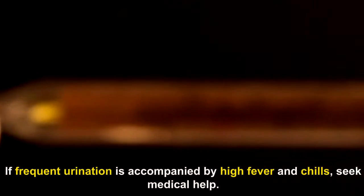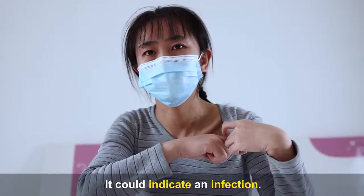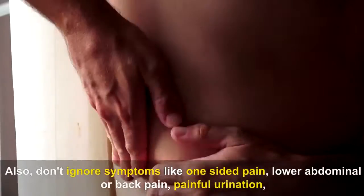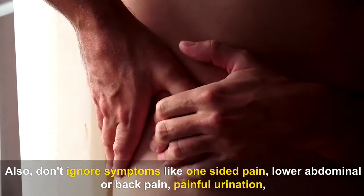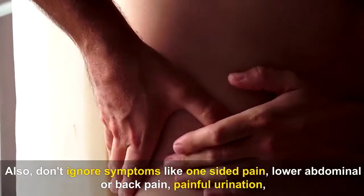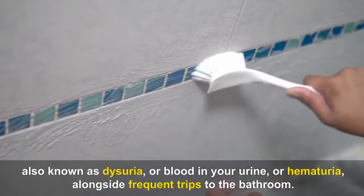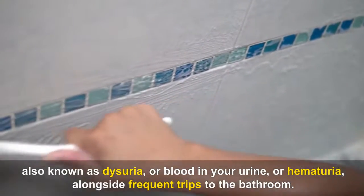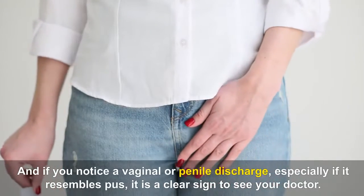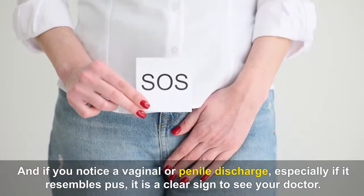If frequent urination is accompanied by high fever and chills, seek medical help. It could indicate an infection. Also, don't ignore symptoms like one-sided pain, lower abdominal or back pain, painful urination, also known as dysuria, or blood in your urine, or hematuria, alongside frequent trips to the bathroom. And if you notice a vaginal or penile discharge, especially if it resembles pus, it is a clear sign to